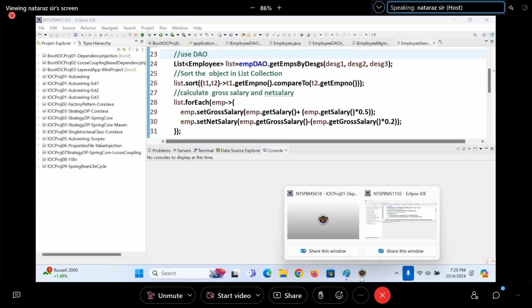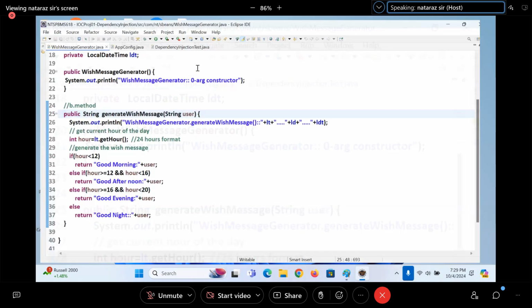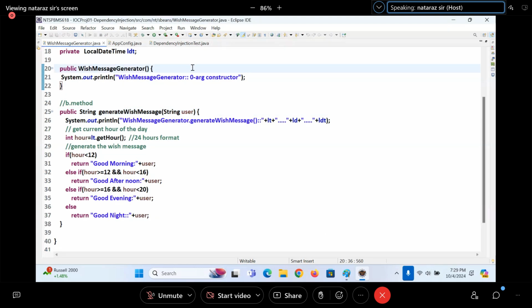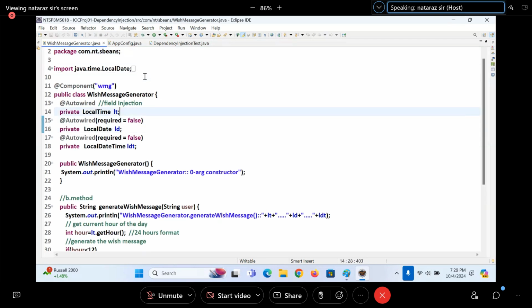Let's come back to the subject, guys. We don't need this. We need this. Let's come to this property. So many properties I have taken for the field injection.